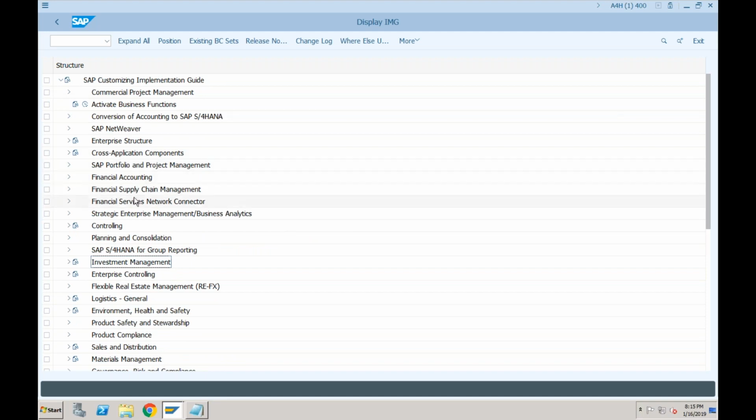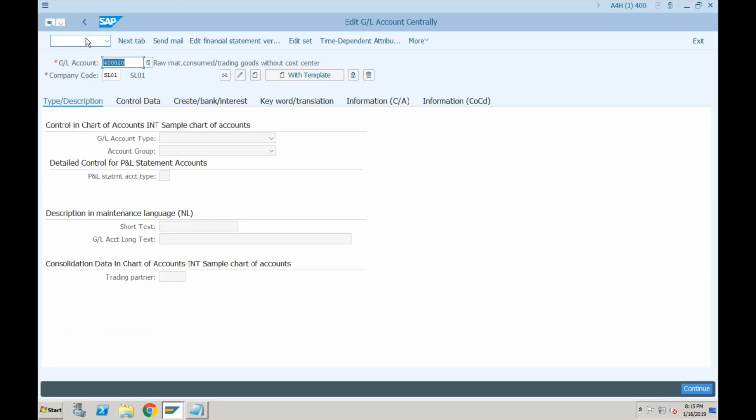Okay, we will again come to the configuration related to the transactions when we will do the transaction. But let's now see what are the changes in the GL master. So I will go to transaction FS00, which was a transaction that we were using even in SAP ECC also. If you just go to FS00, this is almost the same transaction. There will be a lot of changes here, which we'll talk about, but look and feel is almost the same. Like you have a type description, you have a control data, so even the tabs and all are exactly the same.